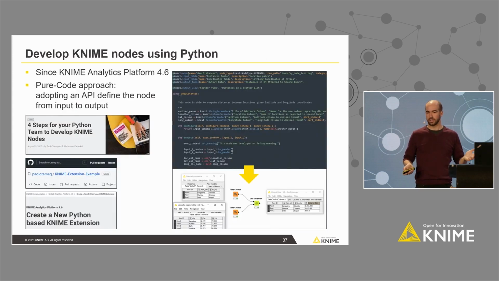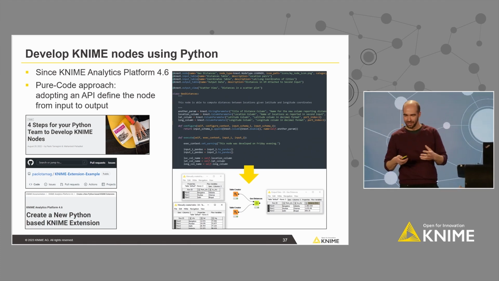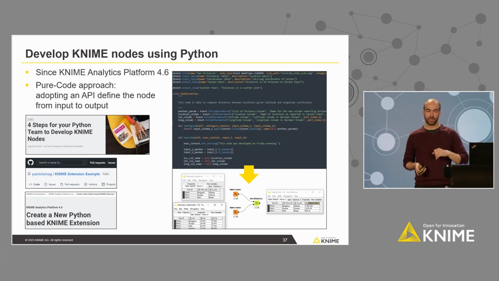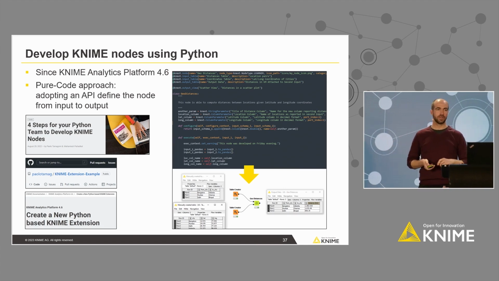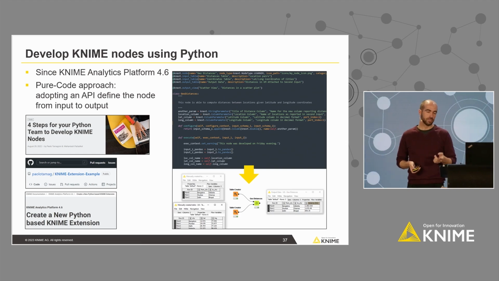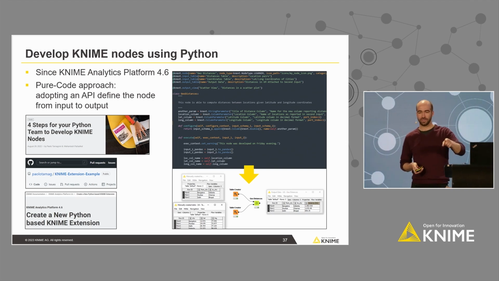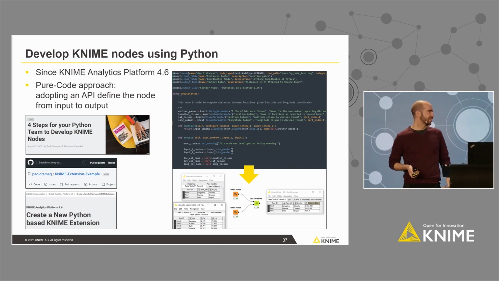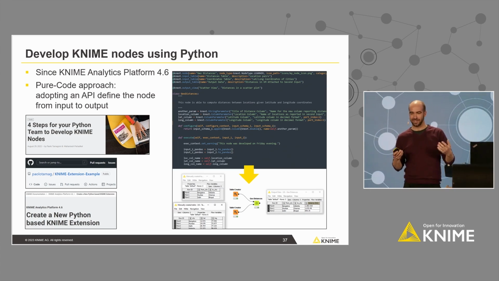And yes, that's pretty much it, what you need to do if you want to build your Python extension. We support this since Knime Analytics Platform 4.6, and we're adding more and more features because people are starting to try it out, and obviously they have more ideas what you could do with this, so we're improving the infrastructure. There's a blog post by those 2 guys, the 4 steps for your Python team to develop Knime nodes. The code that we've shown, well, not the spaghetti part, but everything else you can find on the GitHub repository, and look at the